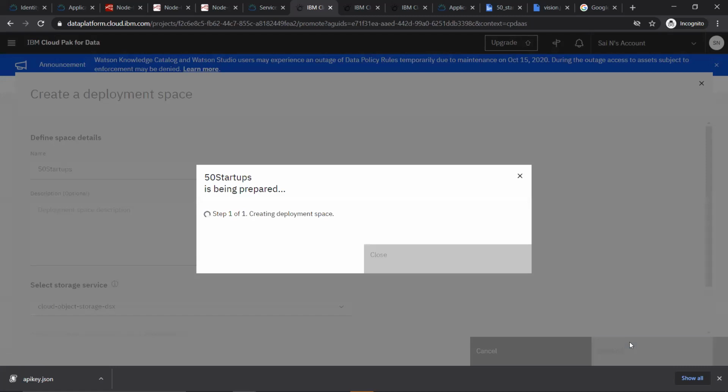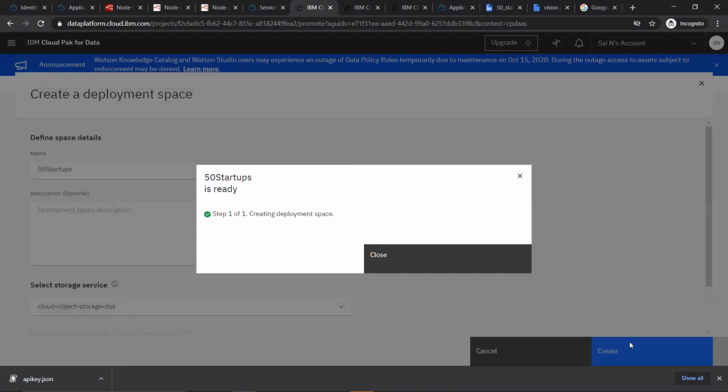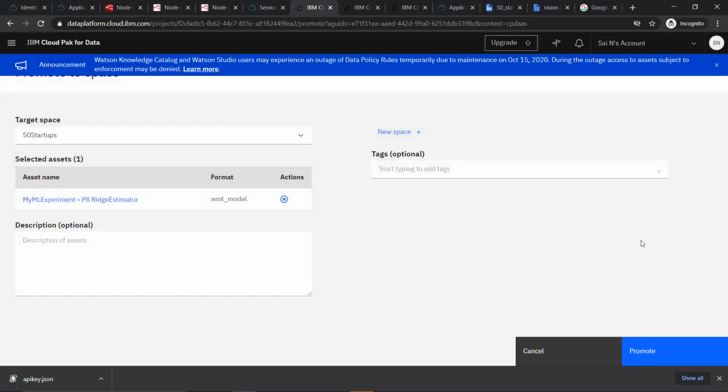Now that particular deployment space is being created. Once the deployment space gets created, in that deployment space, we will deploy our model. Always remember, when you are developing, you will use the developer space. When you are deploying, like when you have to give it to others, you will create a deployment space and give it. That is where your endpoint gets created.